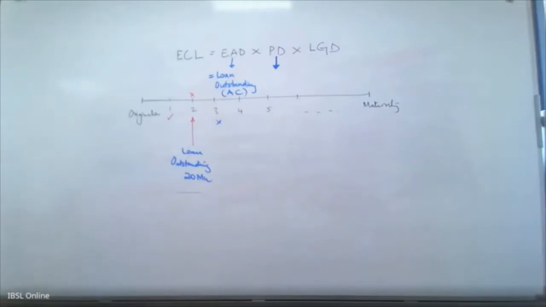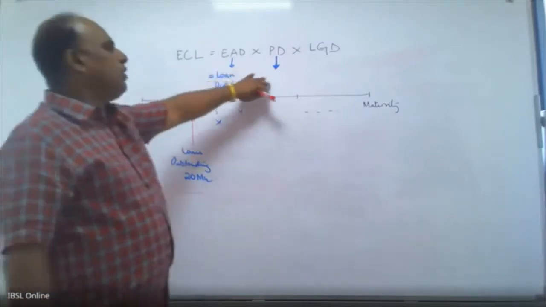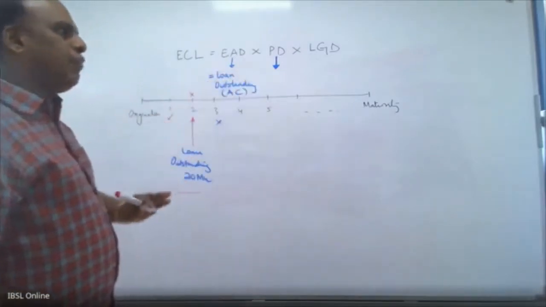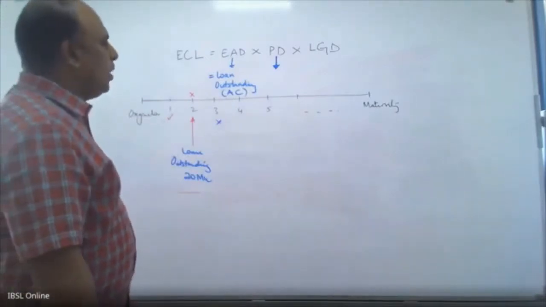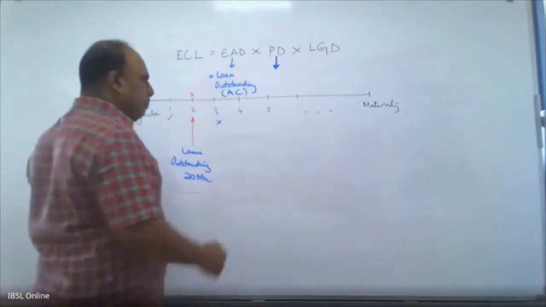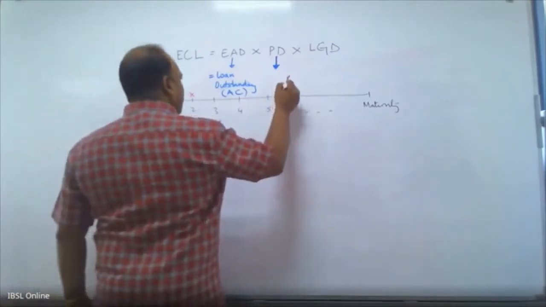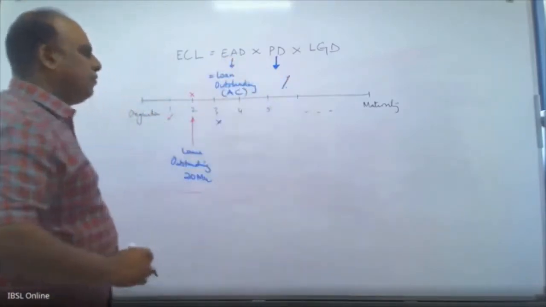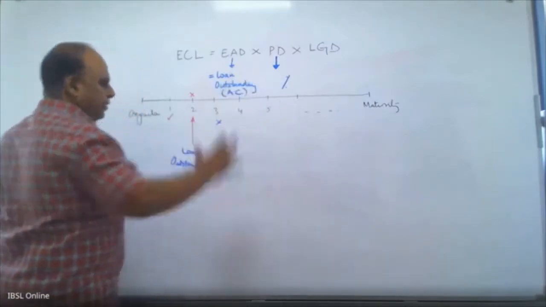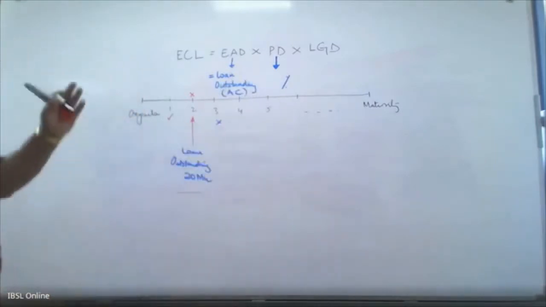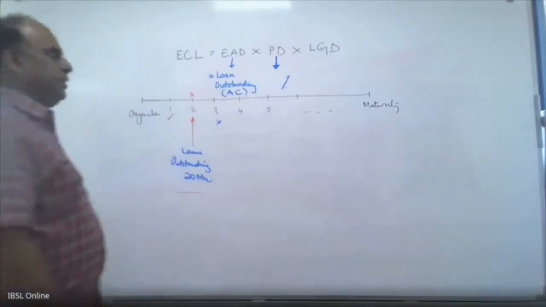That's the only thing that you can do in the exam, if you are required to calculate. So don't worry about how to calculate the probability of default, because it will differ from bank to bank, depending on their model. So probability of default is a number which is a percentage, right? Which means what is the probability that this loan is not paid? That is that.